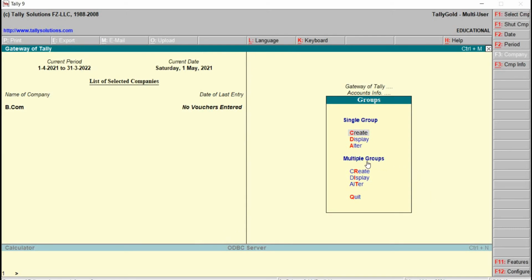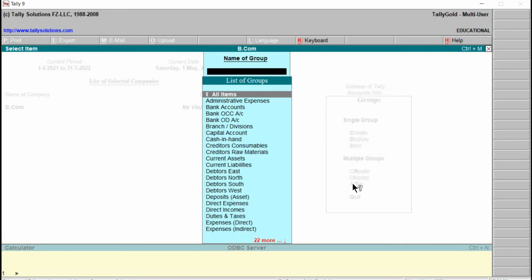And right now we will go back to multiple groups, and here we will go back to alter. Just click on this one. Right, and here we can see the letter T is in red color. Either we can press the letter T or else we can just click on the alter. Correct?